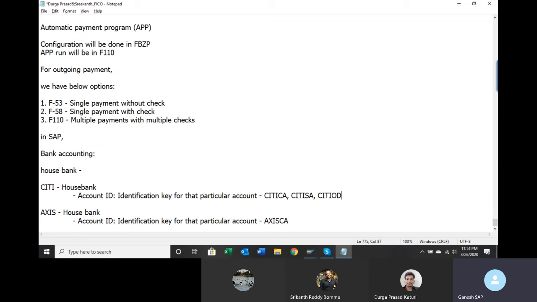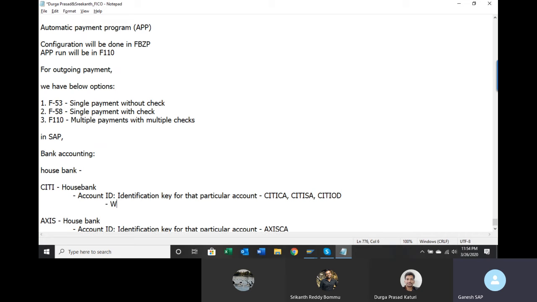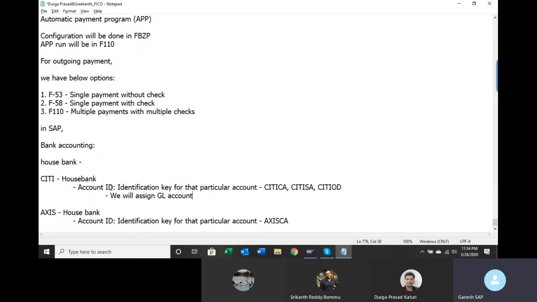For these account IDs, we will create GL accounts. The GL account will be linked with your account ID. For example, in this case, we have 3 account IDs, so 3 GL accounts will be there. Account ID to GL account is 1:1.